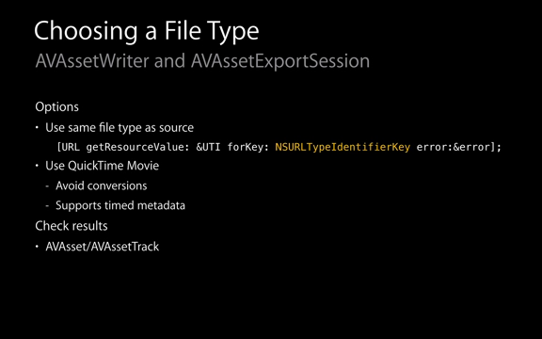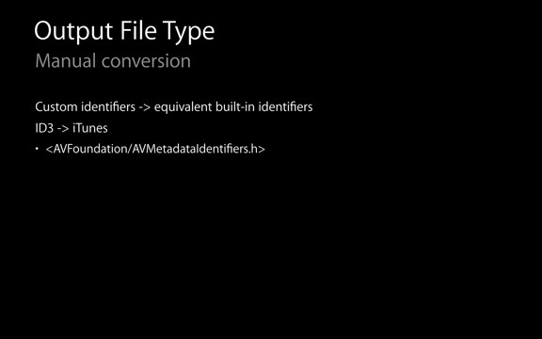And of course, good advice is always to check the results, no matter what. Check that your output files contain the kind of metadata that you expect, all the metadata that you expect. And you can choose to use some of the APIs that we've already talked about if you want to do that at runtime. Some guidance if that doesn't end up being the case, if you don't get all the metadata